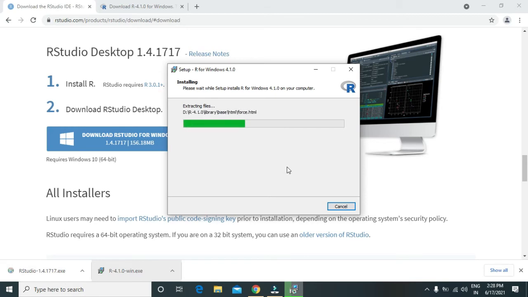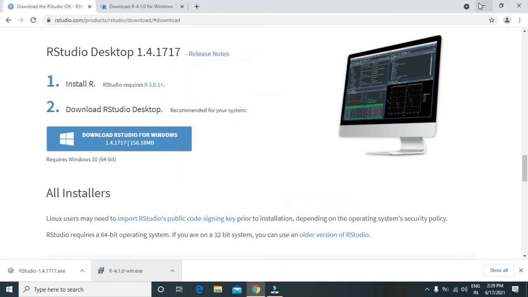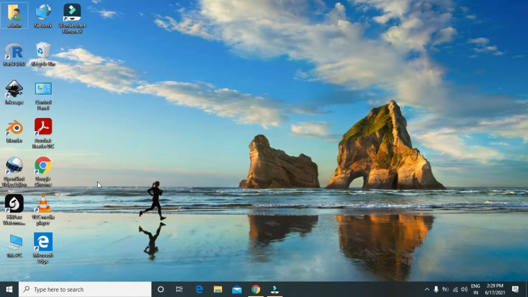So this is actually pulling in all the libraries and different files which will be required. You can see the graphics, the data sets which are default data sets, different libraries which come with the default version of R, all are getting pulled, be it metrics package. So right now it is filling in all the different libraries that will be used. So it is just extracting all the files for installation. So we will just wait for this to complete, and then we will move on to the RStudio. So it has completed now. I just click on finish,